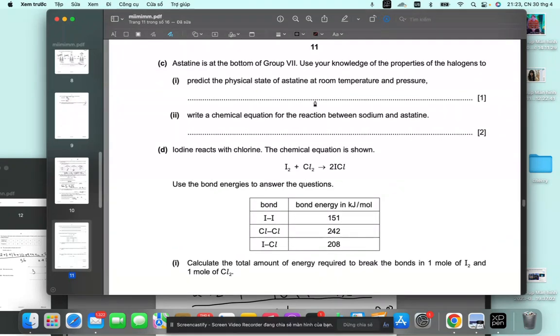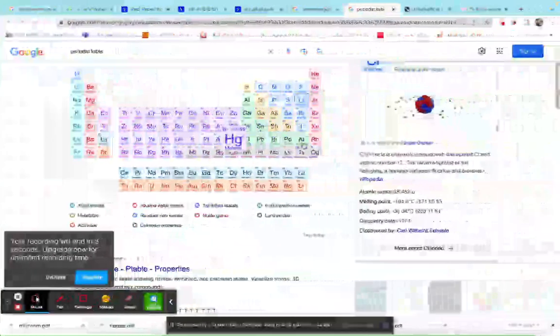Predict the physical state of astatine at room temperature and pressure. The bottom, so it would be solid. It's the least